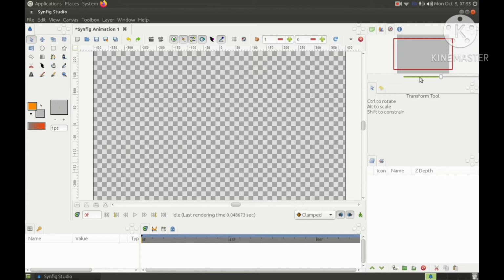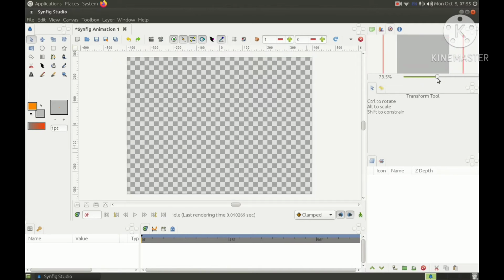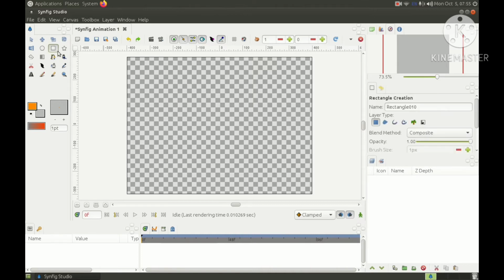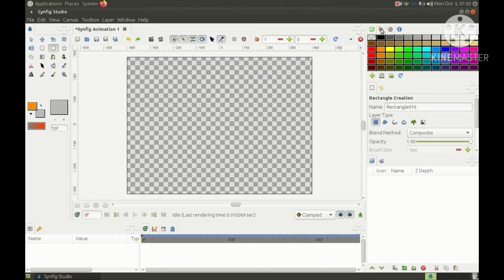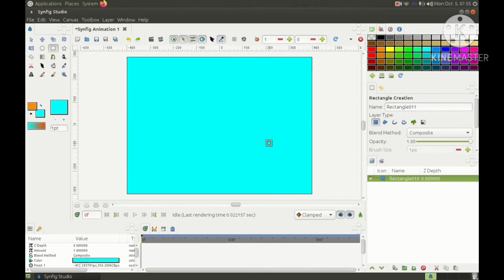From navigation I can zoom out the canvas screen, select the rectangle tool and create a light color background. Okay, now first of all we will create a circle with a red color.